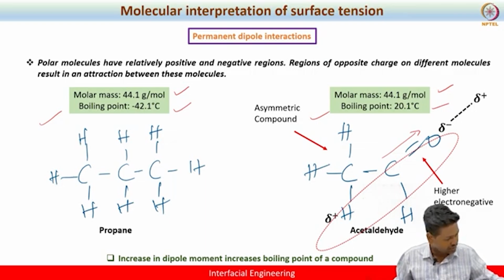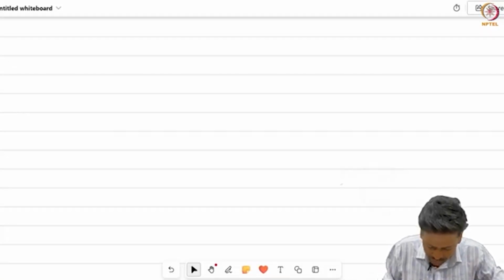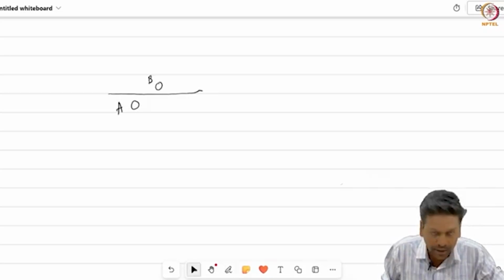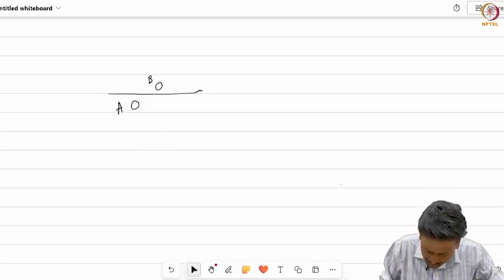Now what we will do is we will try to understand. So our objective for today's lecture is, let's say I have one molecule here which is type A, very near to the interface, and there's another molecule here which is type B, and you also have molecules in the bulk, right? The molecules in the bulk are always surrounded by neighboring